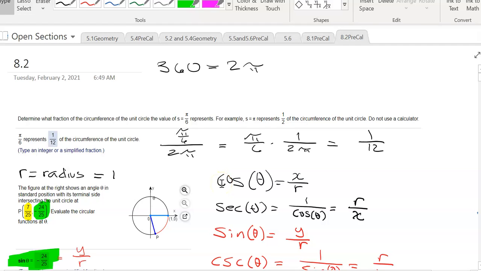Yo, yo, yo, looking at 8.2. We're actually going to be doing this twice. We'll be doing this Thursday and Friday as well as Monday and Tuesday, just because it's a lot of material. A lot of what you do in here is for the rest of the semester, and it definitely lays the groundwork to all of trigonometry as well as everything that you're going to be doing